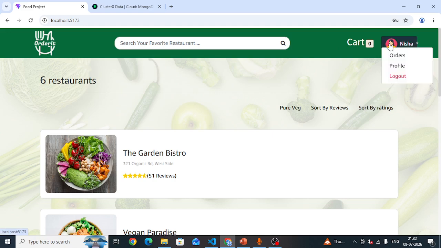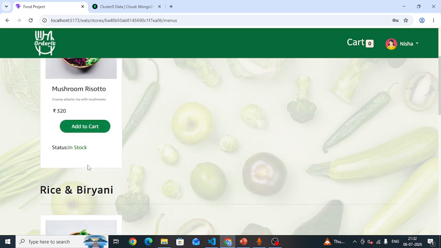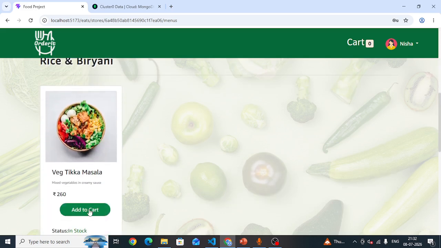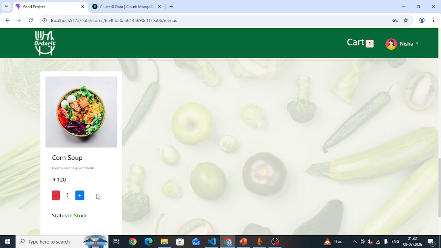So it will successfully register. The cart number increases by 1. The cart number increases by 2.